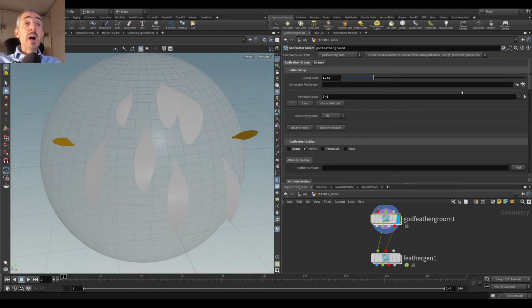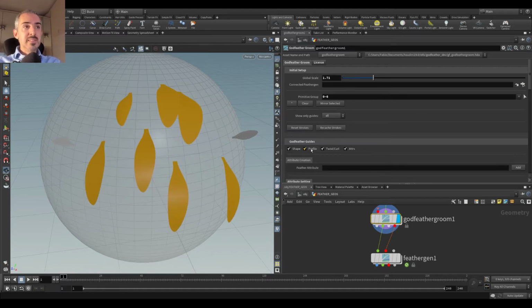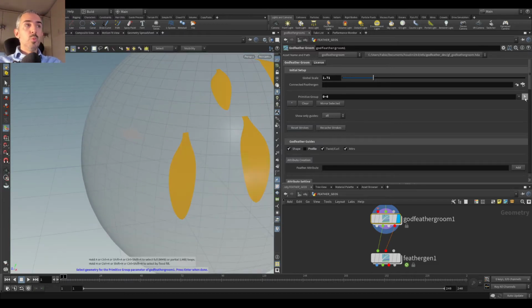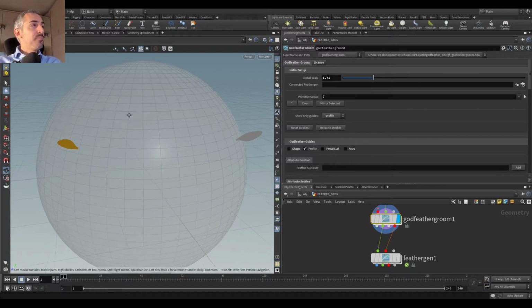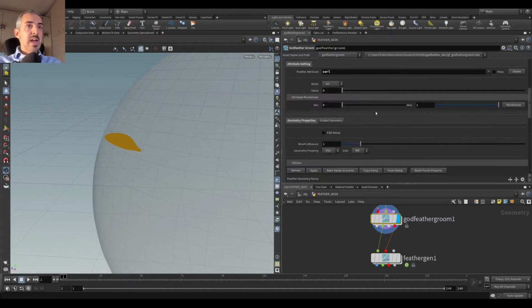So now we select all the other ones and we deactivate profile. Now we can select again these, and if we use the filter, the one we mentioned before, show only guides affecting the profile, we only see these ones. This way we can focus on a single aspect of our feather groom, not confusing everything, not mixing everything. So we can edit the